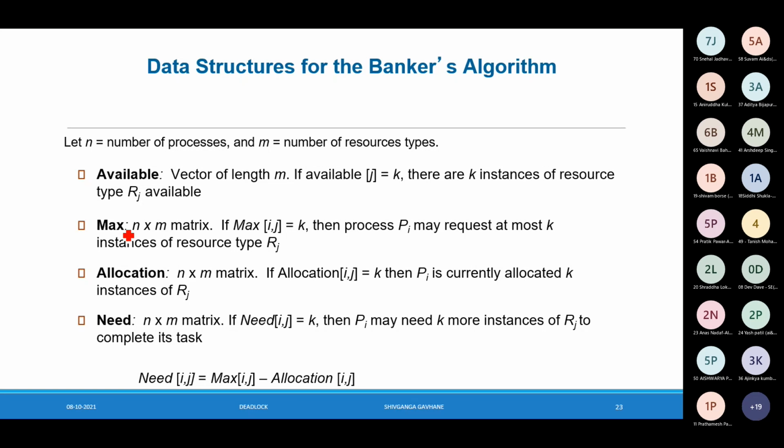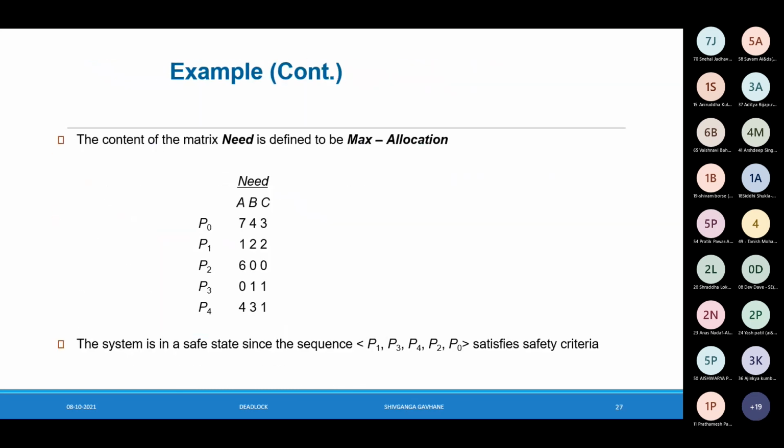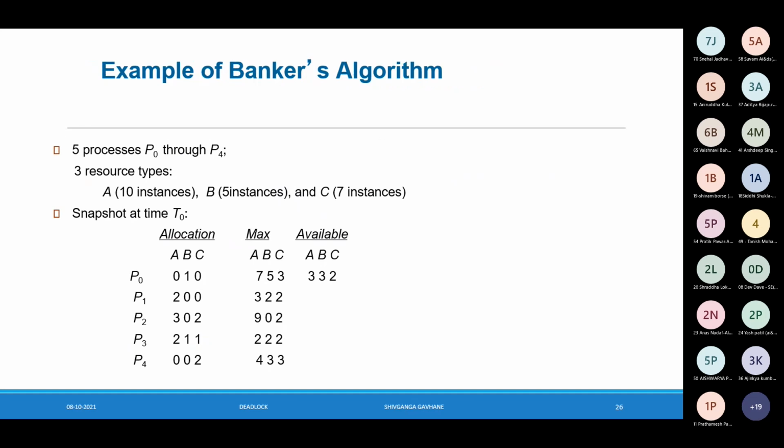So what is the maximum requirement for process P1 regarding R1, R2, R3 and R4? So yeah, we can have that example here. So take this example. What is max? Max is a matrix. What does it show? Suppose we have 3 types of resource. A is the first type of resource, B is the second type, C is the third type of resource. Now P0's